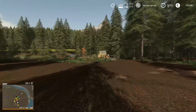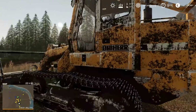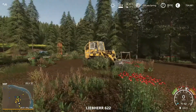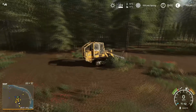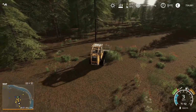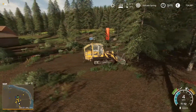The Liebherr 622, I think this one is. Can't tell, it's a bit dirty. No, it doesn't say. Oh yeah, there it is. 622. Yes, what we have on the front of this is the stump grinder, which we got ages and ages ago, right? And I'd kind of forgotten about it because we've been using the Bio Belts one on the back of the dog. But the handy thing about this stump grinder, as you will see, is...